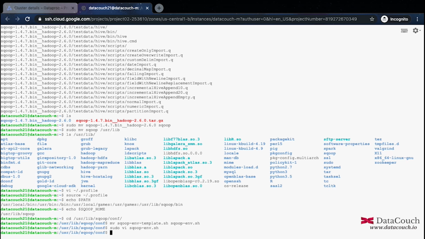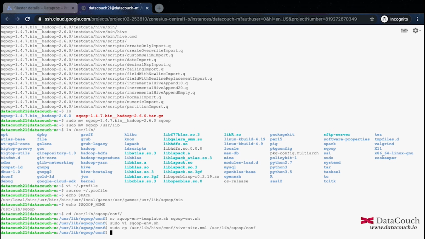Okay, so now we are outside, and I will just make a small change related to Hive configuration also, that is moving a conf file of Hive from the Hive directory. So it's not moving, actually it's copying the file from the Hive directory to the Sqoop directory, so that when we do Hive import through Sqoop, then it should be aware about the metastore and other details. So I am just changing this to conf. Okay, so this is done.